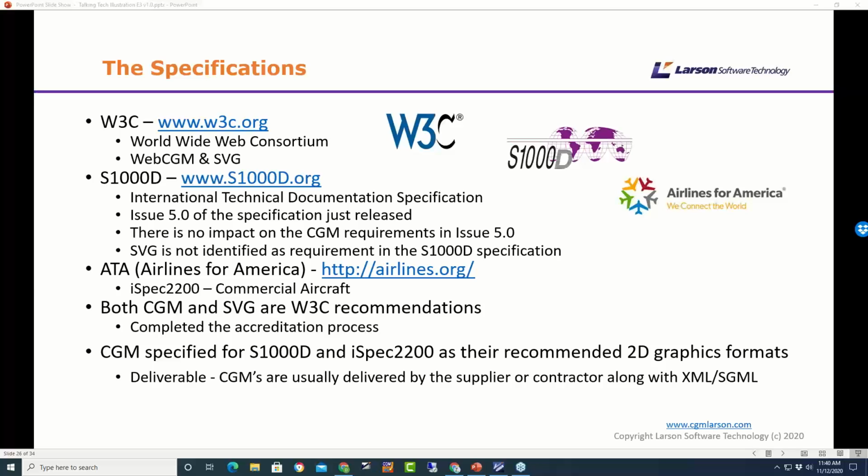You have to really bear this in mind. If you have an interchange, there's interchange formats and display formats, and how we would still class these is that CGM is really a multi-purpose format, where SVG is tailored towards display in the web environment. But in our world, we still need to do some work in SVG to make it interoperable. The defense communities, the S1000D community, really hasn't put that into the specification. I think it would be a good idea if they did, because I think SVG has a lot going for it, being XML being one of them.